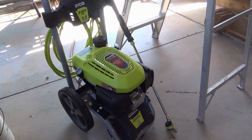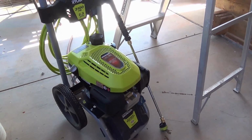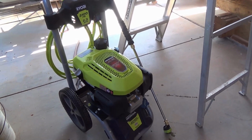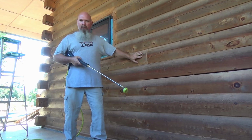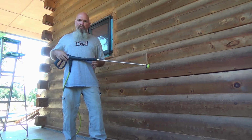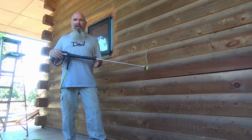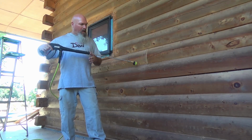The wife went out and bought me a brand new power washer, and I tell you what, that is key on some of these projects. Having the right equipment goes a long ways. So the job of the power washer is strictly to clean these logs. When you're using the power washer and you're coming down through here, you're going to notice it's going to lighten the logs up, especially on your backswing. When you come back and go forward,